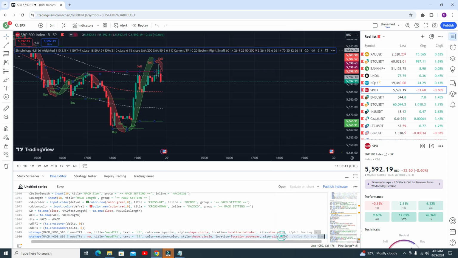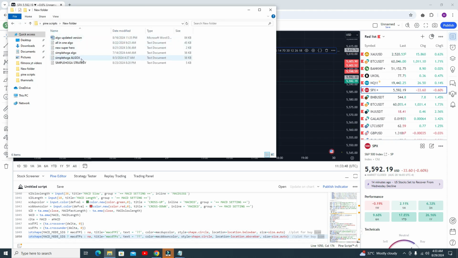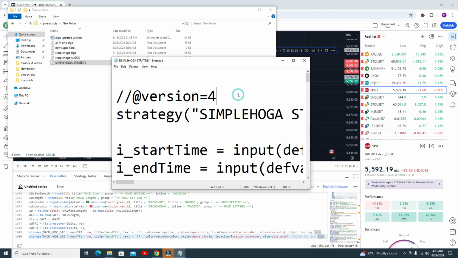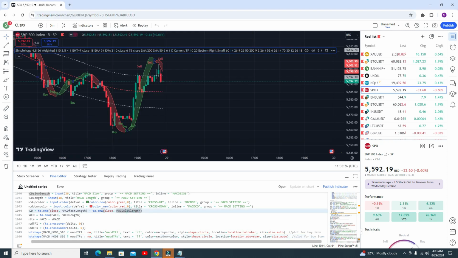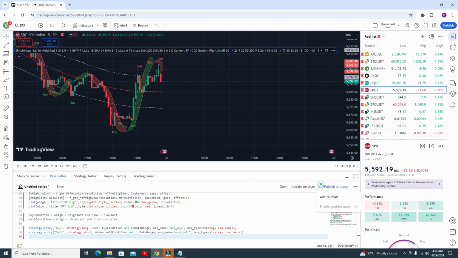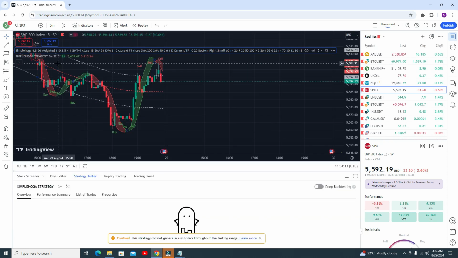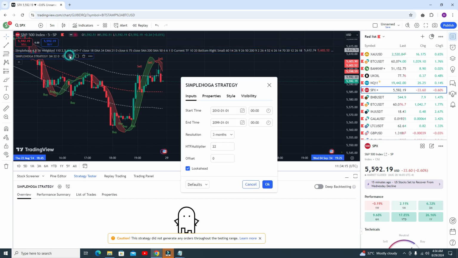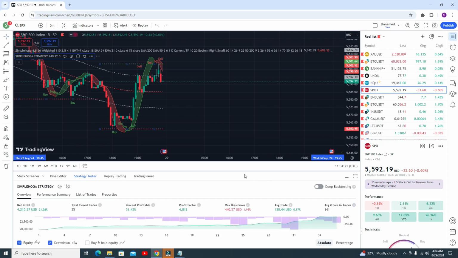If you want to add a second indicator, yes, of course you need to add a second indicator. Open my text file, Control A, select all, copy the code with Control C, then here you will find some code. You need to remove all the code with Control A, then Control V, paste my code, and then click on add to chart, not update on chart. After clicking on add to chart, the indicator will look like this. First go to the settings and click on resolution, it's 4 hour, and click OK. It's so simple.